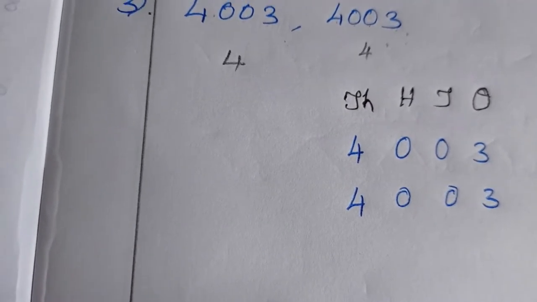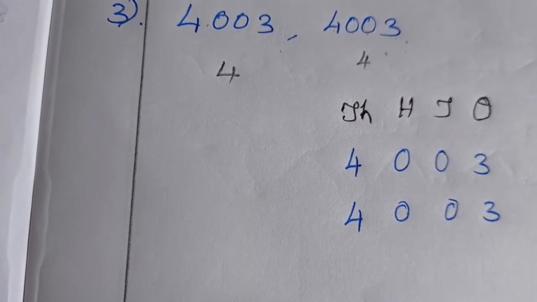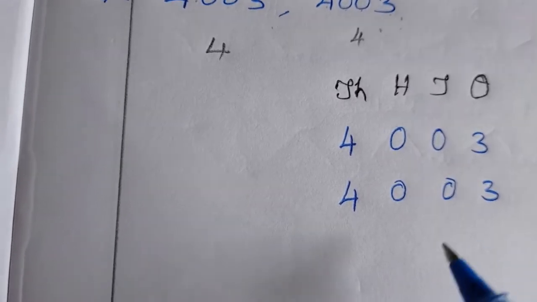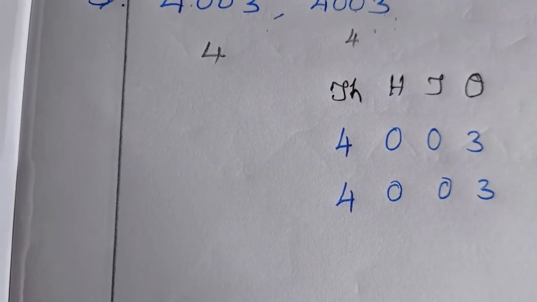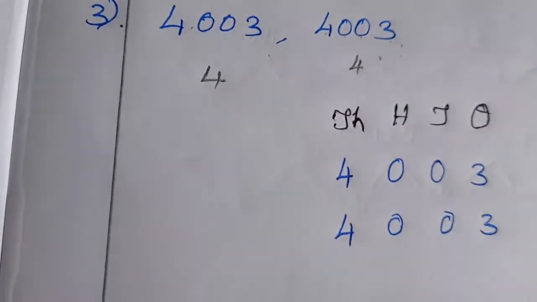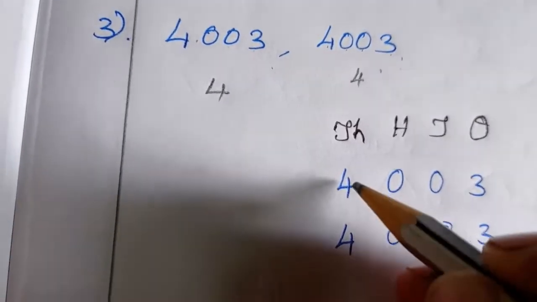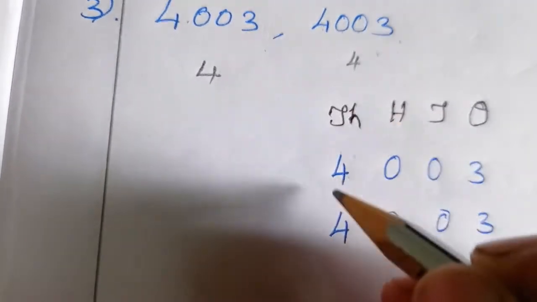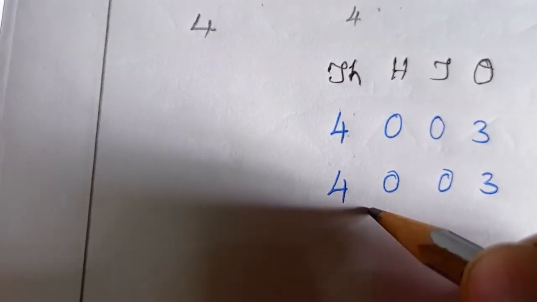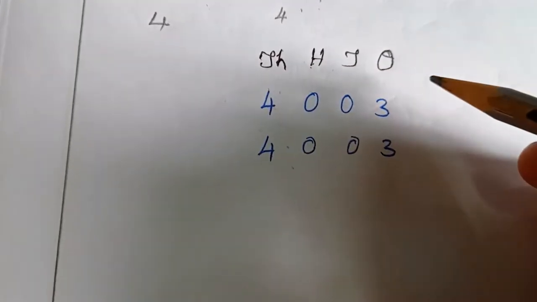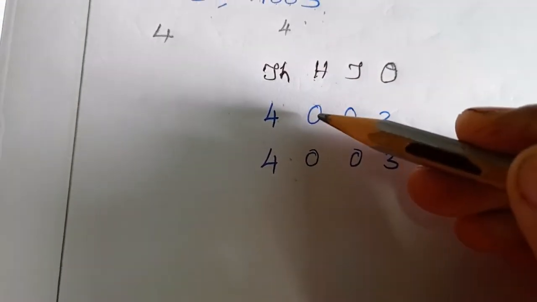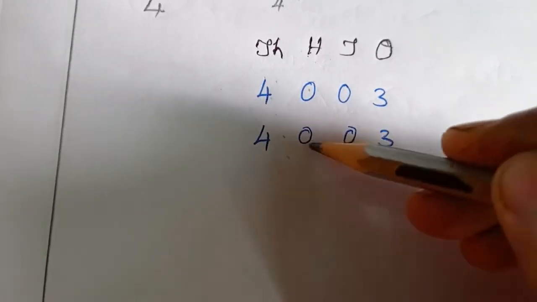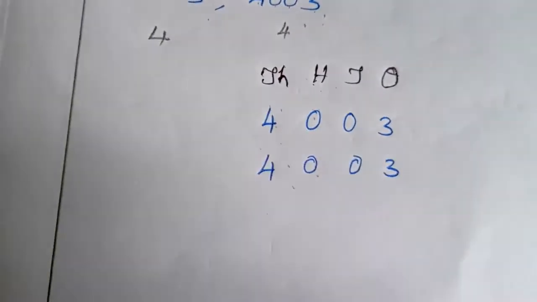Okay? Now children, what does the second rule say? Yeah, compare the digits in the highest place value for both numbers. Here the first number's highest place value, the thousands place, is 4, and the second number's thousands place value is also 4. So go for the next highest place value. The hundreds place value for the first number is 0 and for the second number is 0. Okay, so both are same.